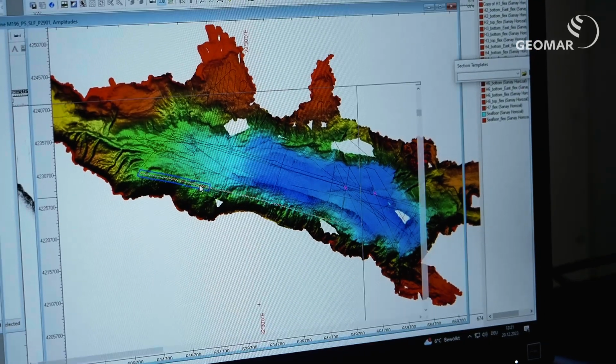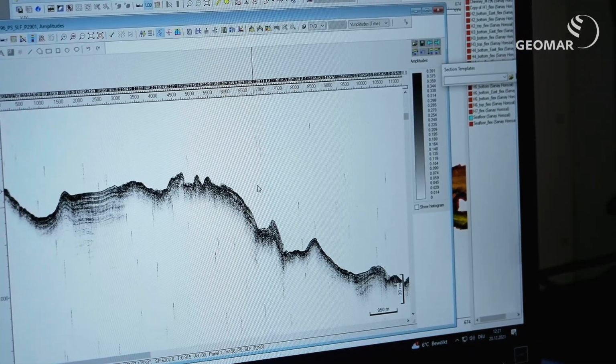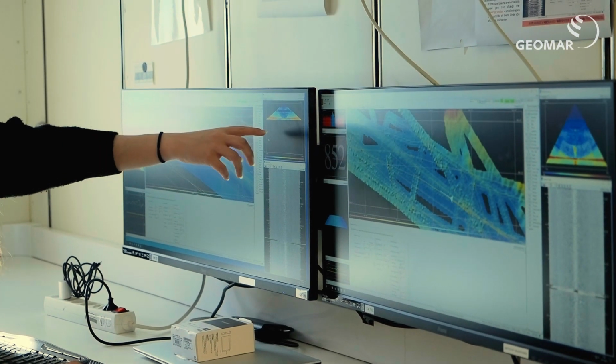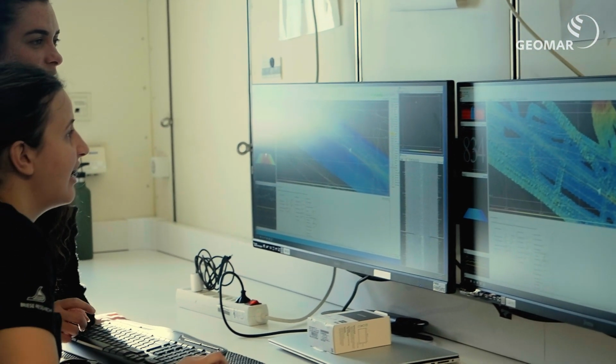So both methods, both the multi-beam with the bathymetry and the parasound, which is an echo sounder, they both work with acoustic waves. These acoustic waves are transmitted into the water column. They reach the seafloor, are reflected by the seafloor, and come back to the equipment. And then we have this distance in time. So I know the time that I send my wave, and I know the time that I received my wave. And if I know the velocity in the water column, I can transform this into depth. So that's how we have our depth measurements for the bathymetry.